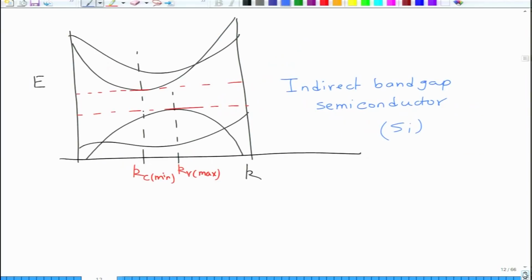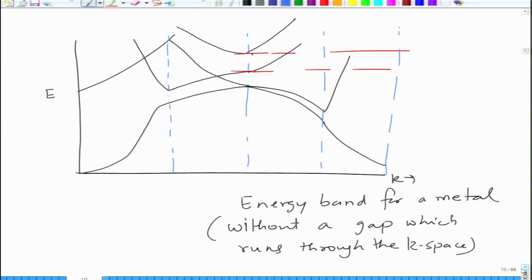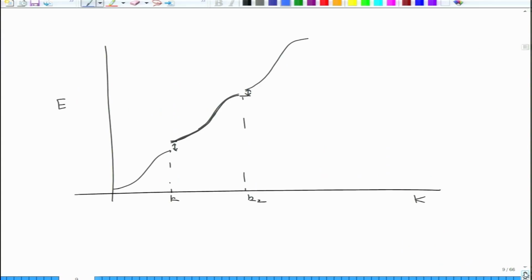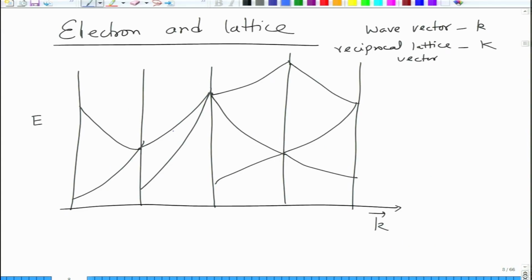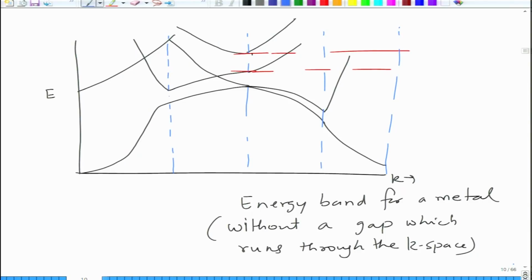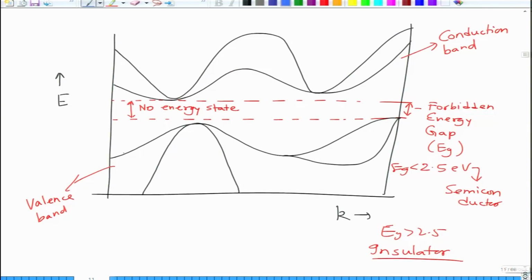For conduction to occur, if you look at this E-k diagram, the electron has energy states available to move around. However, if you look at this situation where the electron can move here, but all these energy states are filled, where does it go? It has to go to energy states which are above. But if it does not have enough energy to jump to these energy states, it cannot move around. So, you need to provide that amount of energy.